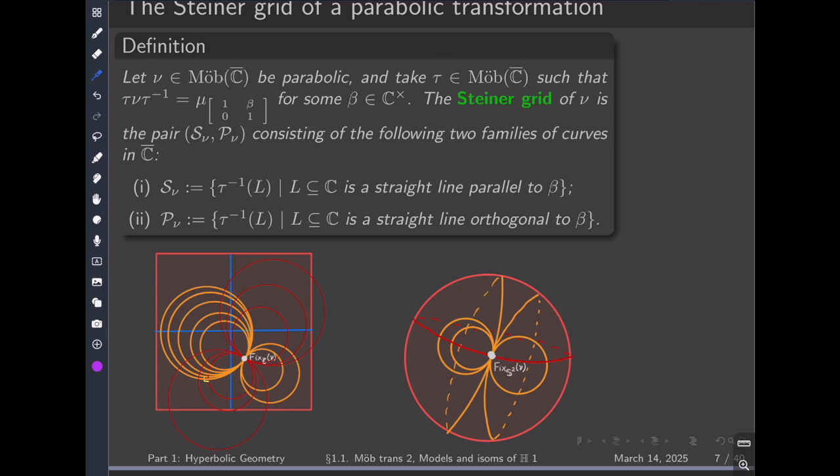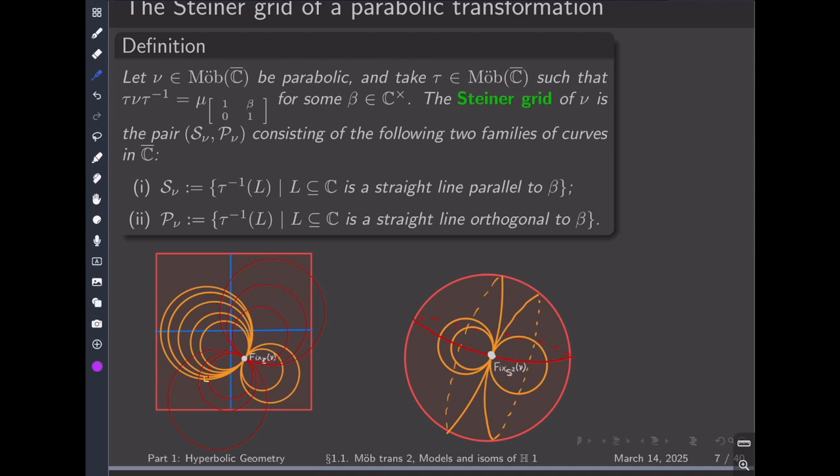Okay, so I take those and I map them via tau inverse. And similarly, yesterday we saw that given a translation by beta, there are also many families of straight lines that are permuted. So among those, I take the special one, which is orthogonal to beta, and I map that one via tau inverse to obtain